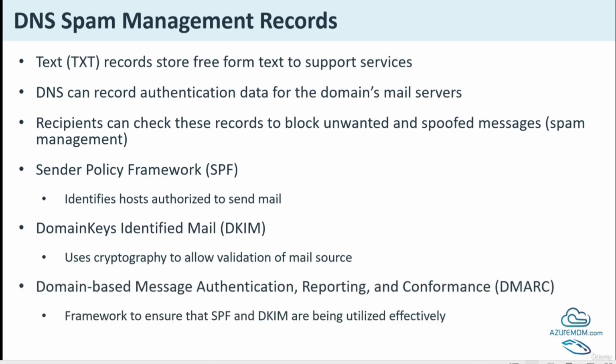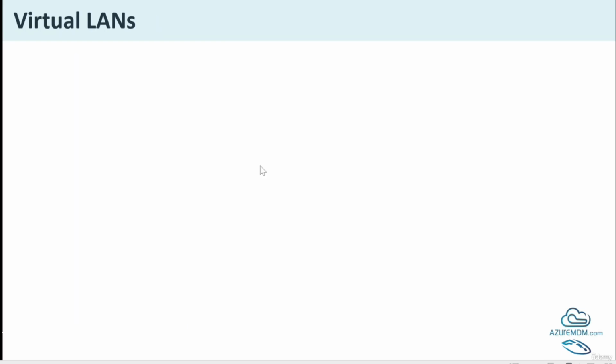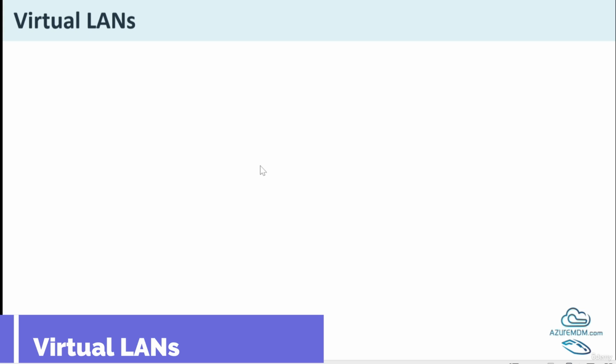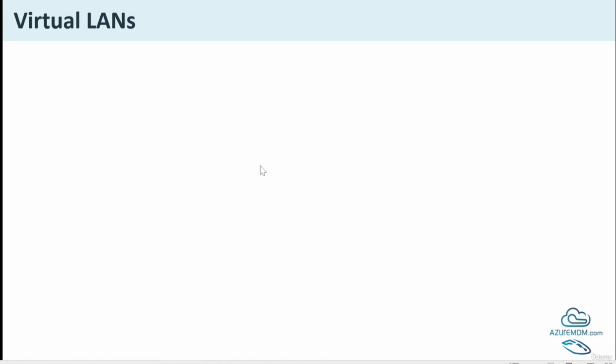Domain-based Message Authentication, Reporting and Conformance, that is DMARC. DMARC tells the receiver what to do if SPF or DKIM fail, for example, to reject or to quarantine the email. Virtual LANs. For virtual LANs, that is VLANs, it splits a single physical network into multiple isolated virtual networks,